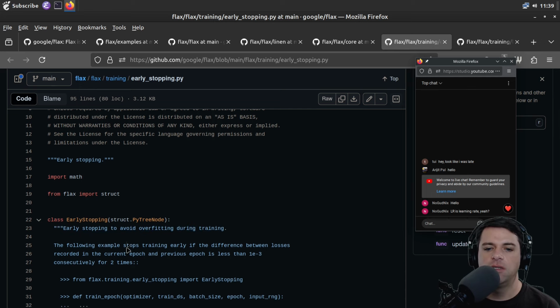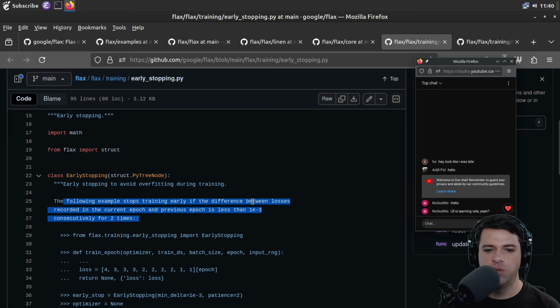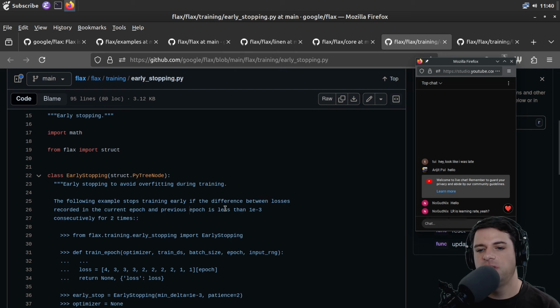Okay, so I guess this is to detect signs of overfitting, because if you knew ahead of time things that would cause overfitting, you would just train your algorithm less long. So I think this is maybe detecting in real time some known warning signs, some red flags of overtraining. And let's see if that's true. The following example stops training early if the difference between losses recorded in the current epoch and the previous epoch